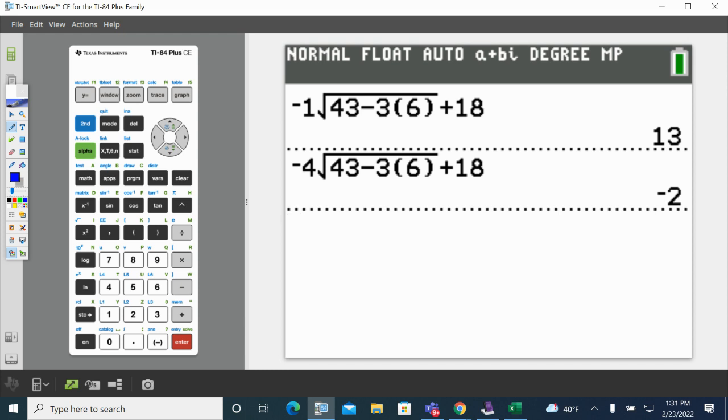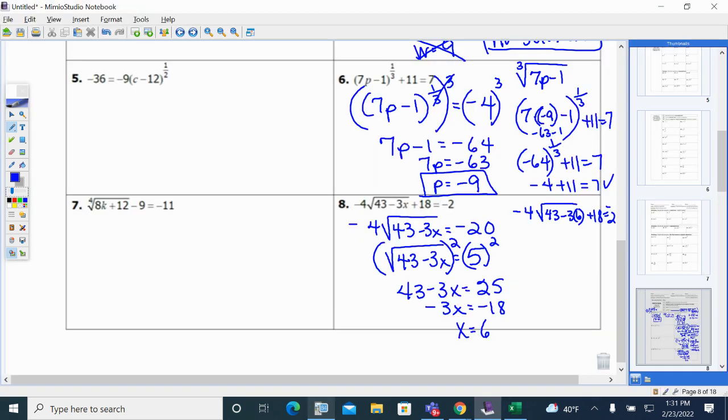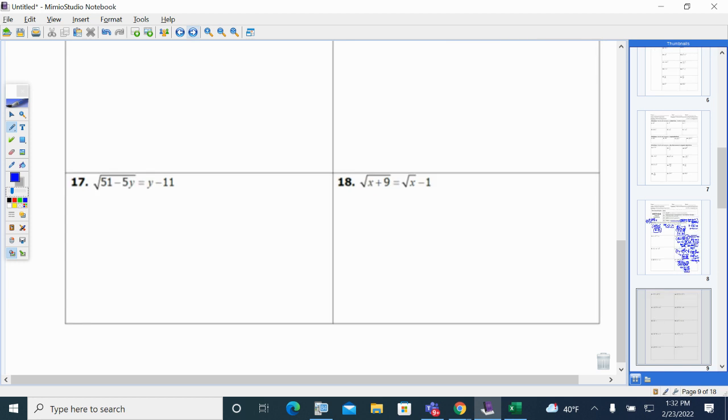Okay, so that's how you do it wrong and then do it right. Checking it in the calculator. Again, just plugging in that left side of the equation so that the calculator can quickly spit out that answer, and you can double check and make sure that x equals 6 does work. So moving right along,